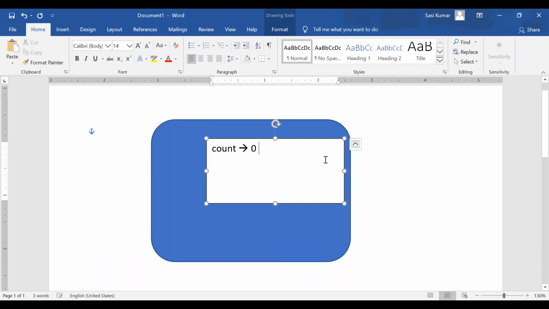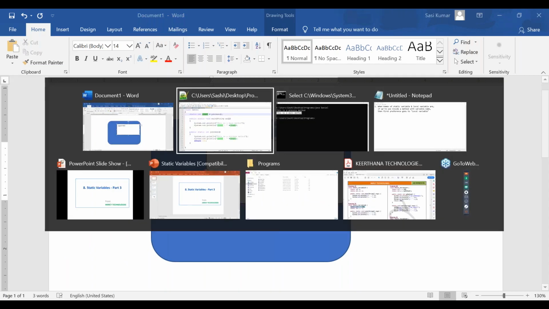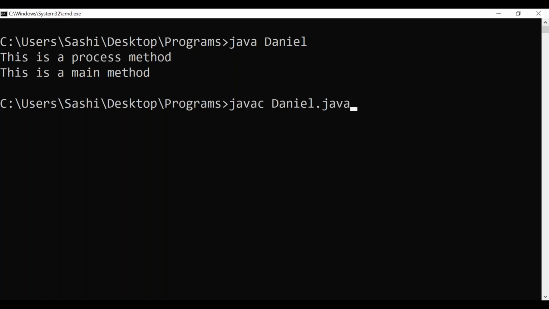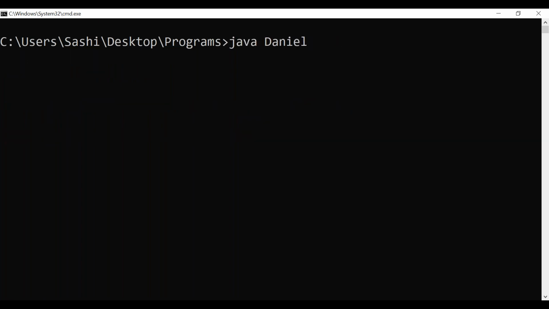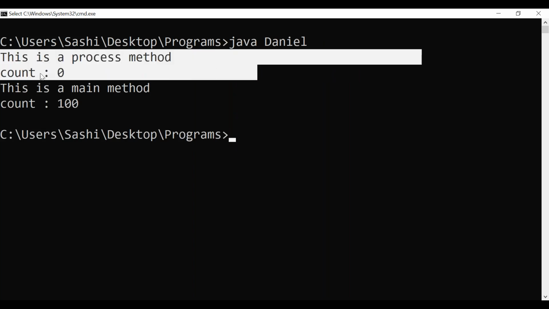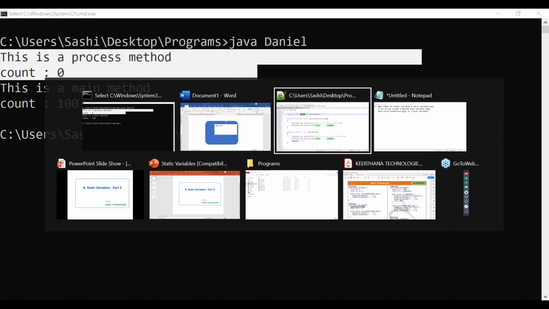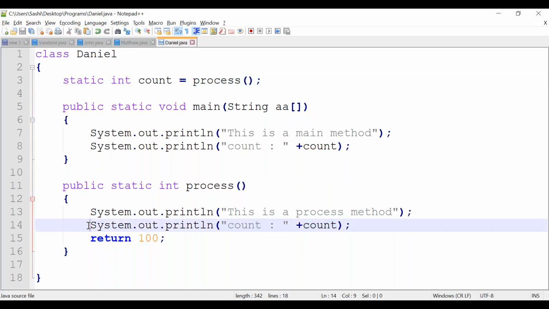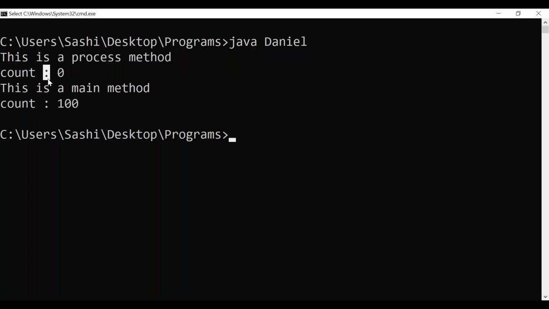Count is loaded with 0, correct? That's why you get the output "count is 0", because at the time of printing, the current count value is 0.